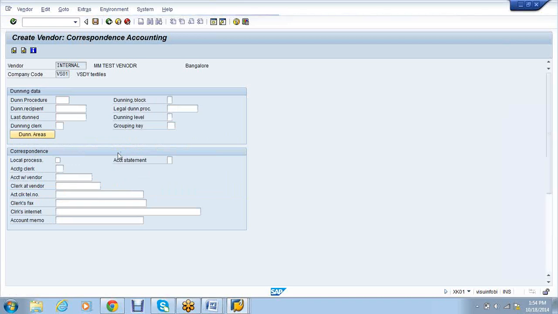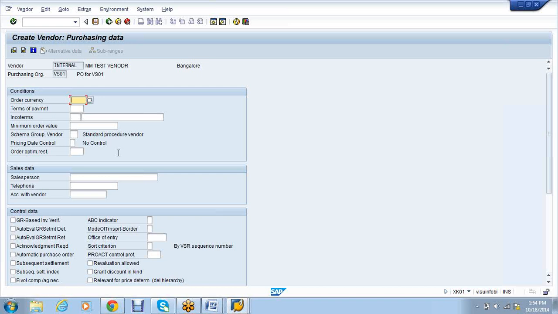Now here, when I'm extending the vendor, this is important. In this particular tab, you have to click the order currency and you have to select GR based invoice verification. These two are the minimum. If you do not do this, then the system considers this vendor as your finance vendor, not your material management or P2P vendor. For that, we have to select order currency and GR based invoice verification. Then